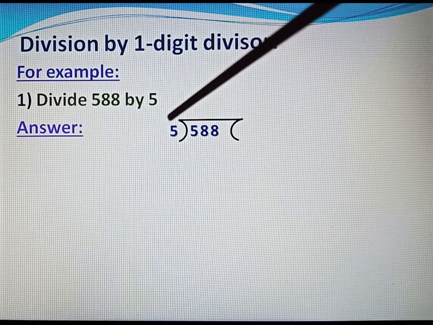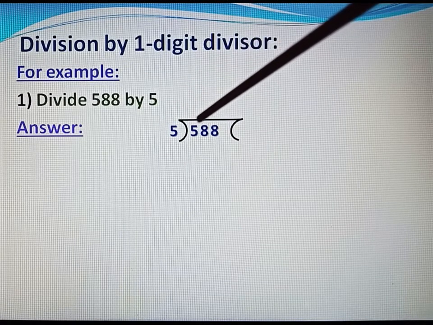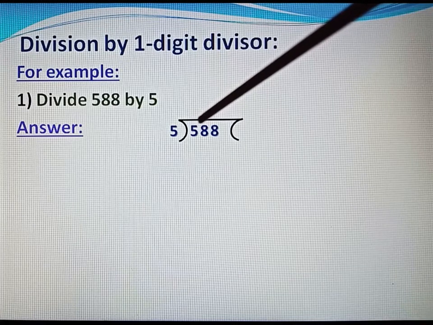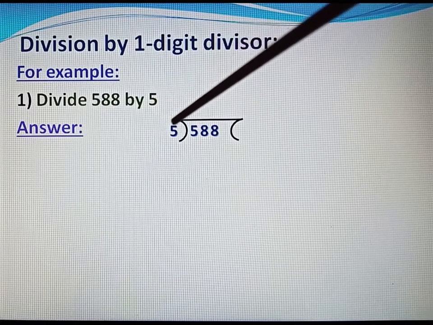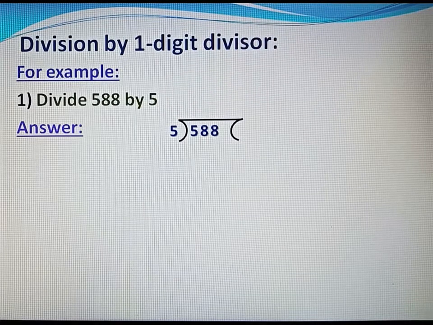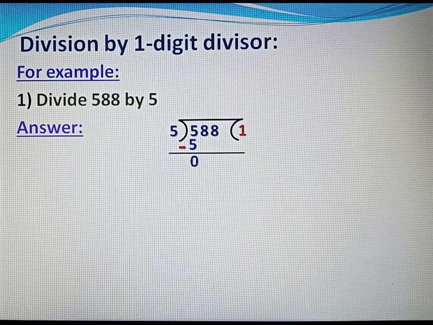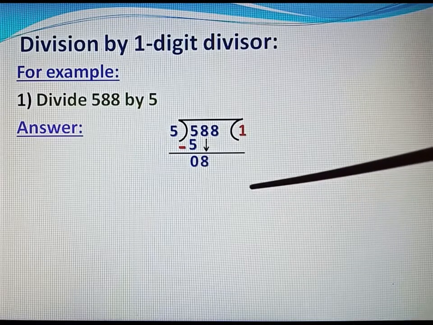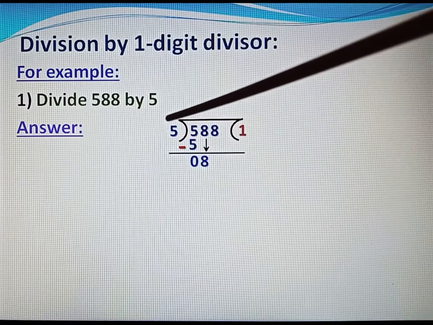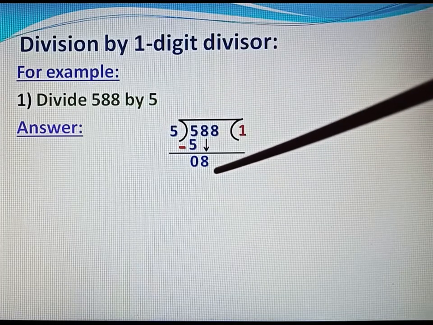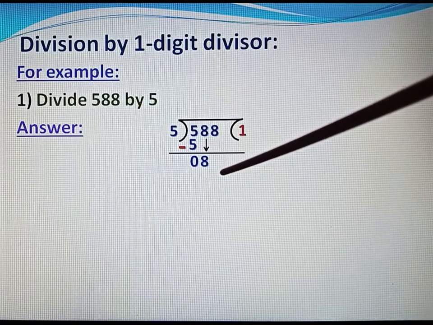We will multiply this 5 by that number so that it is equal to 5 or less than 5. It should not be greater than 5. So we will multiply 5 by 1. 5 1 ja 5, and then we will do subtraction. 5 minus 5, 0, and then we will take next number, that is 8. Right here 8. Again we will multiply this 5 by that number so that it is equal to 8 or less than 8. It should not be greater than 8.